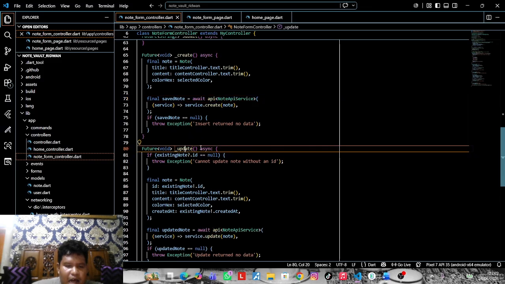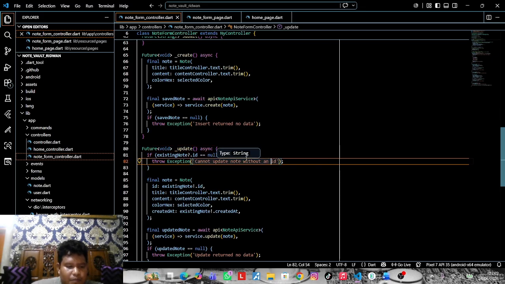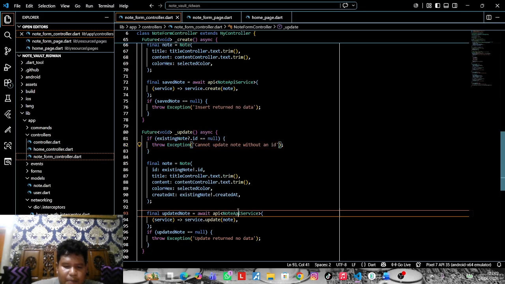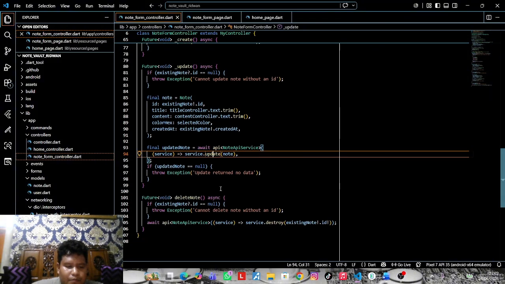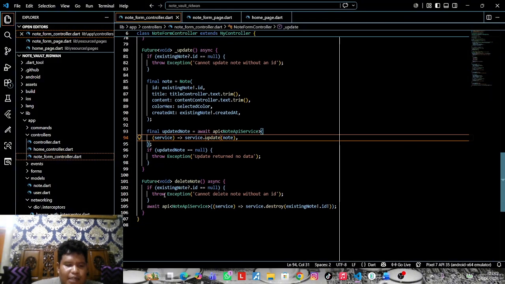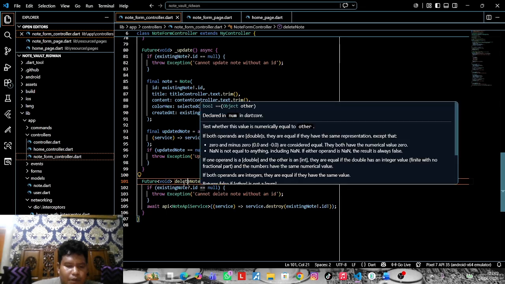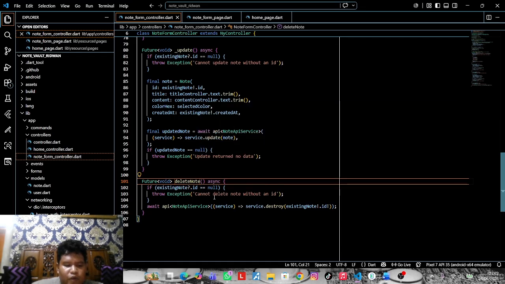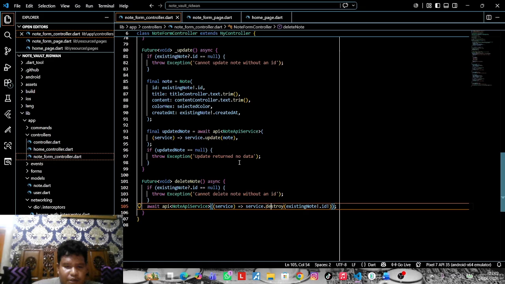And then update node. So this function will update an existing node using its ID by calling node API service update. And the last one is delete node. So this function will delete the selected node by calling node API service destroy. So I think that's all I can describe about node from controller.